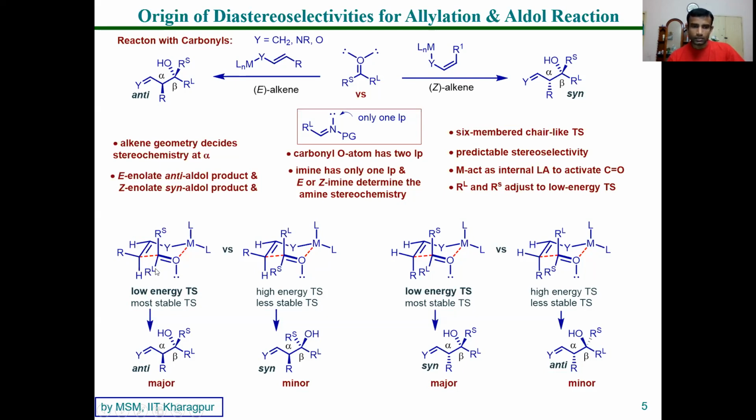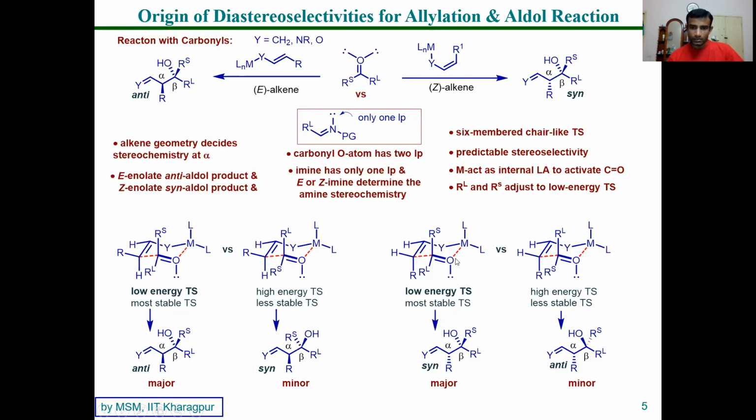You know, in cyclohexane, this is the most stable one. If you put it in the axial position, because of 1,3-diaxial interactions, a large group doesn't like it, so the small group will take this position. For an aldehyde, it will be hydrogen, this RS. So this will give you the low energy transition state, and that will be your major product, which is the anti product. At the same time, when RL, the large group, comes to the axial position, it will be a high energy transition state, the least stable, and give you the minor syn product.